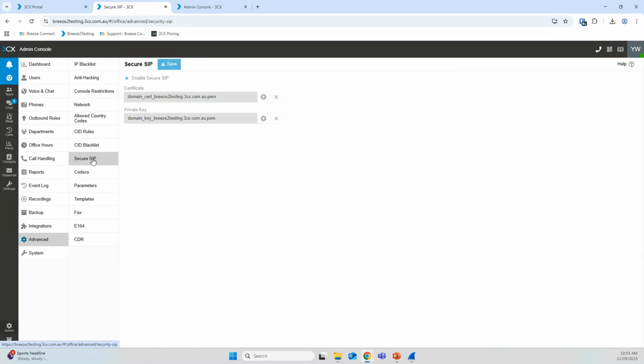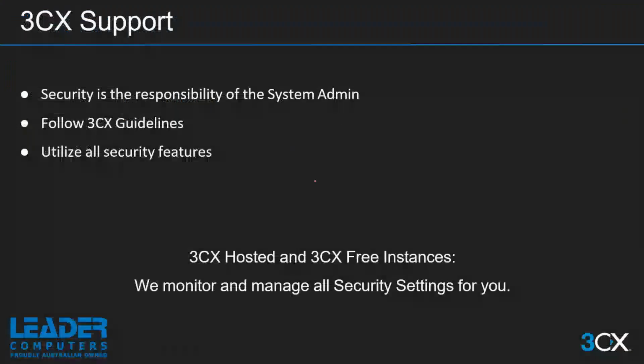Make sure you're setting the 3CX as secure as possible. And also make sure these options are here only as an additional line of security. So the system admin or system owner is solely responsible for the system security. And these are just additional options, and the main security lies on your local firewall or wherever the machine is hosted. So yep, that is pretty much everything for